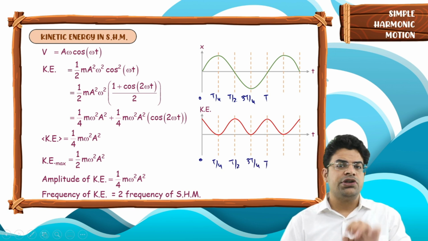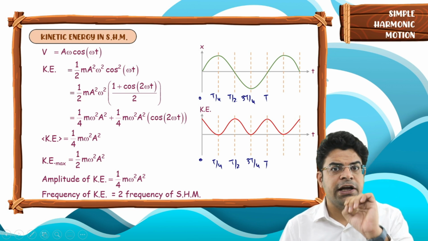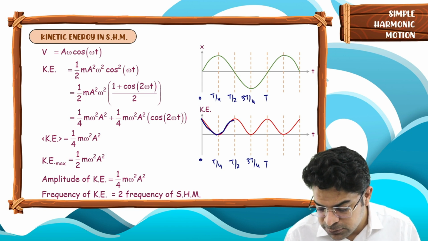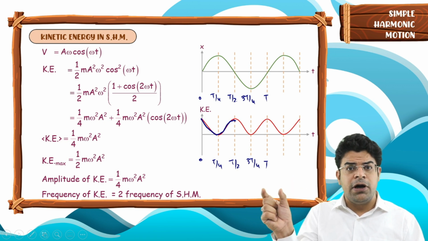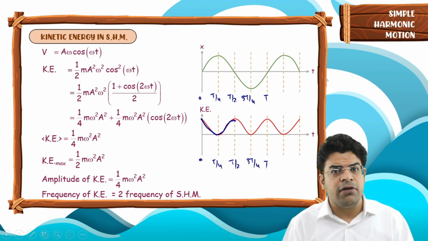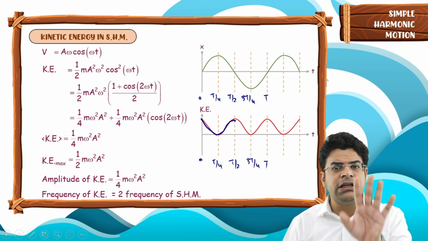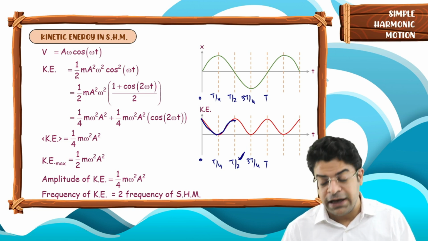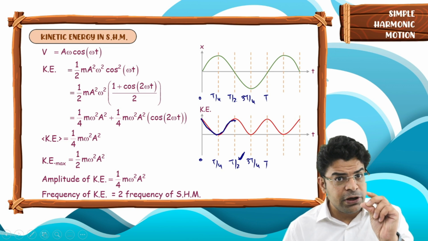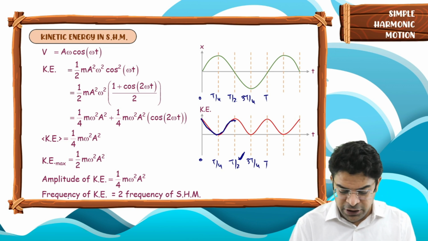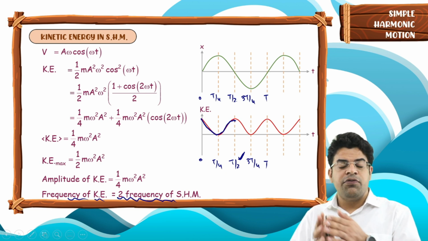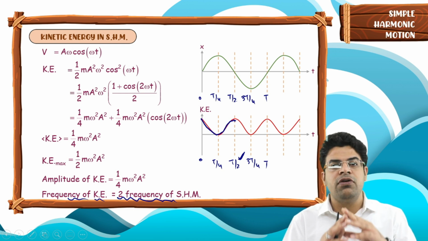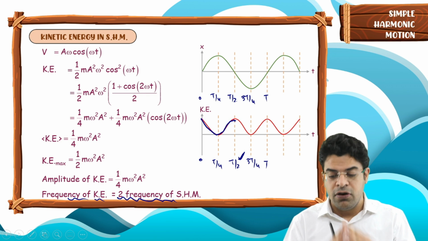And somebody asks you, what is the time period of kinetic energy, what will be your answer? So you will say one cycle of kinetic energy gets completed within this part. I can keep on copying the same part to get the entire kinetic energy versus time graph. Yes, you are right. So the question is, what is the time period of variation of kinetic energy? The time period of variation of kinetic energy is T by 2. If the time period is half, isn't it so that the frequency has to be double? That's why we say the frequency of variation of kinetic energy is double the frequency of SHM. The time period of variation of kinetic energy is half the time period of SHM.